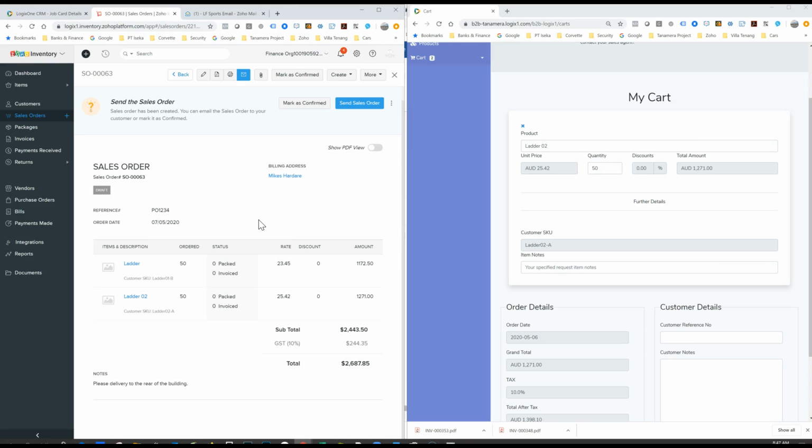And so, yes, the order is now in the inventory system ready to be packed, shipped, or whatever you want to do. So very quickly, that's a detailed view of the LogixOne B2B portal